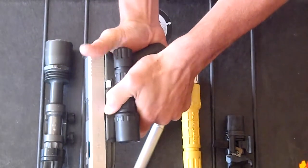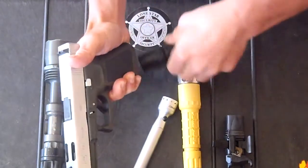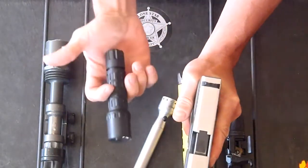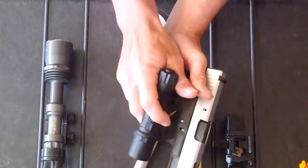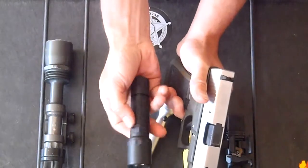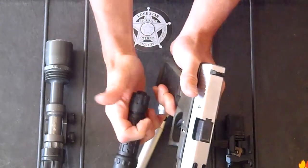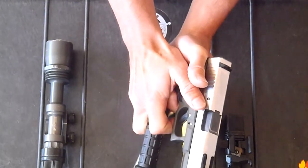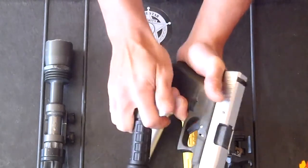I'm not a huge fan of this, primarily because my primary hand, regardless of whether or not it's my right hand or my left hand, its primary function should be holding the gun. There should be no adaptation of your primary hand to make use of a secondary light source. Whether you're holding the flashlight like this so that you can press it from the rear, or you're employing a knuckle over so that you can press the light against the knuckles of your primary hand to engage the light switch itself. Any of these will do,